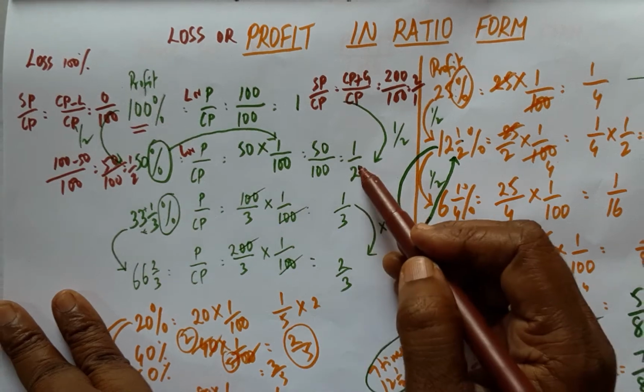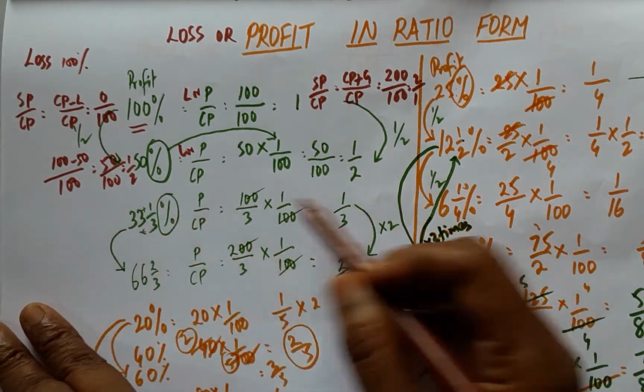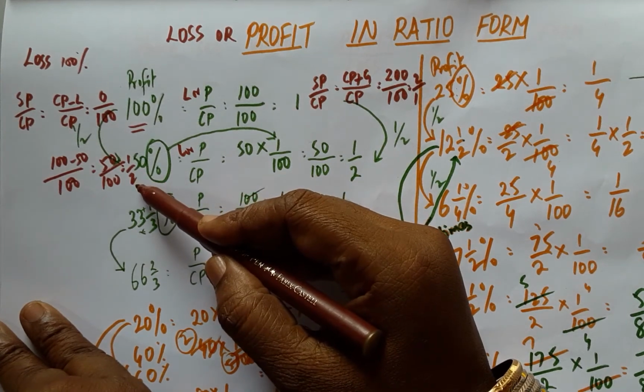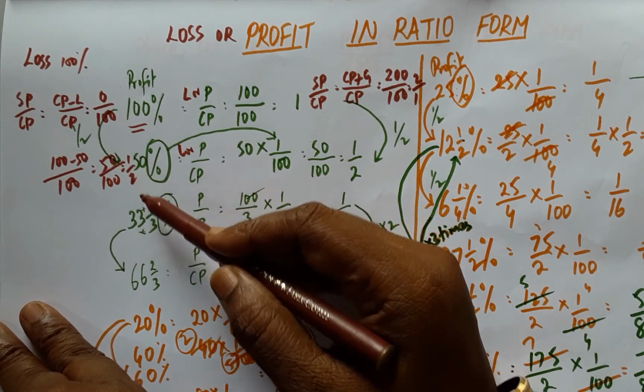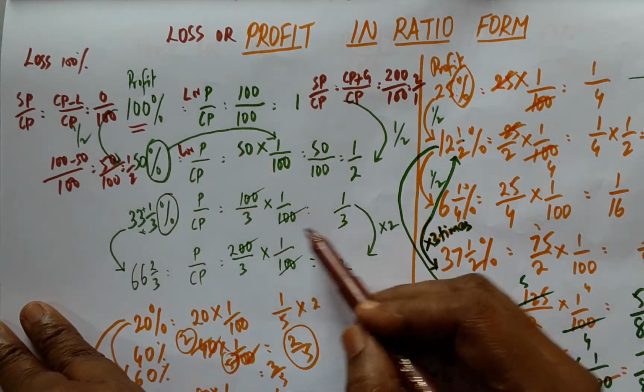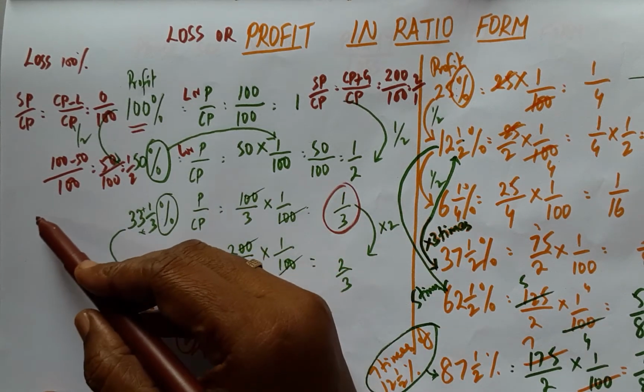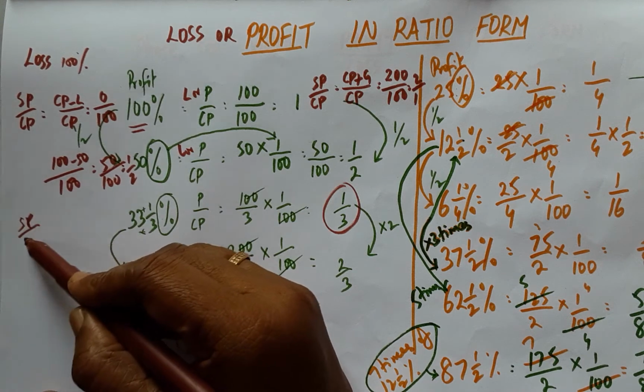The same fractions hold good for both sides of the equation. Here he has bought it for 2 rupees and sold it for 1 rupee. If this is the case, 1 by 3 is P by CP, then for loss it would be, if SP by CP would be